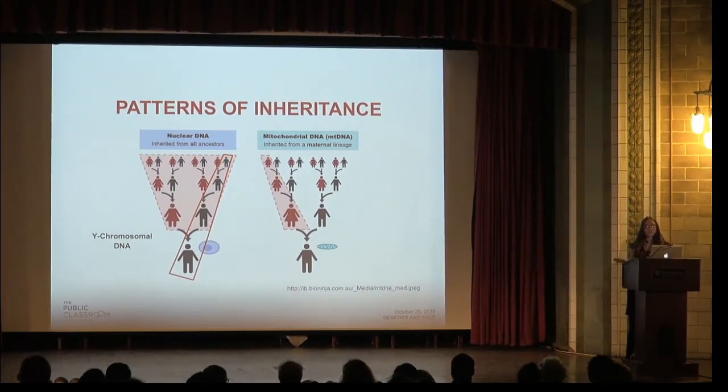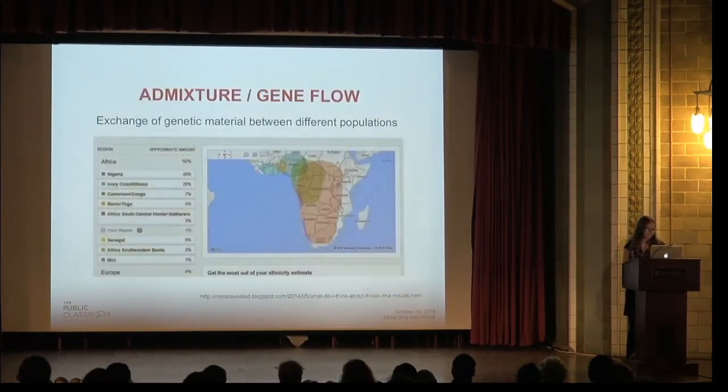Your mitochondrial DNA also does something very similar. You inherit it directly from your mother, and her mother inherits it from her mother. So again, it only reveals the maternal inheritance of your ancestry, only one line as indicated in this diagram. So all three of these different forms of inheritance can tell you something slightly different about your ancestry and your past. And it's always good to get all three of them if you can. It'll tell you something slightly different.